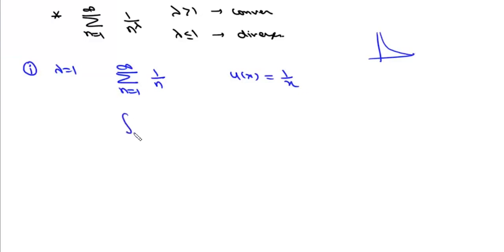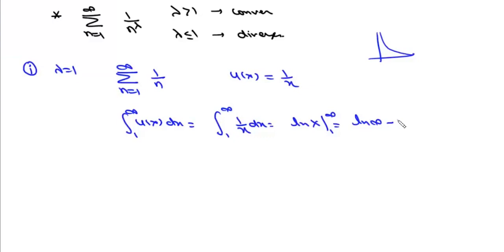Now the integral from 1 to infinite u(x) dx will be the integral from 1 to infinite 1 by x dx, which is log x from 1 to infinite. Now it will be log infinite minus log 1, which is 0, and log infinite is infinite. That means this integral diverges. So this summation 1 by n will also